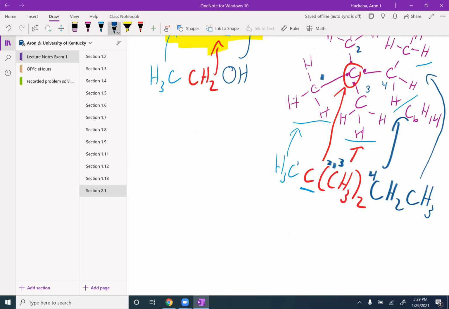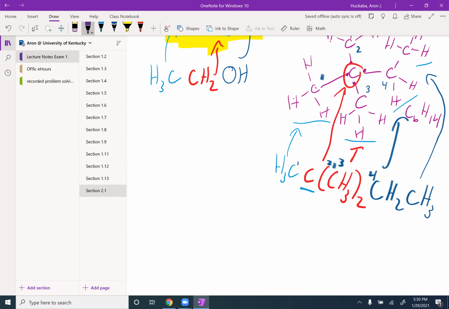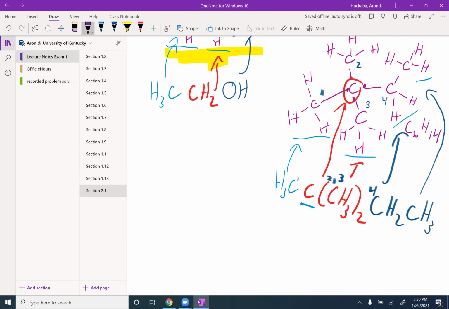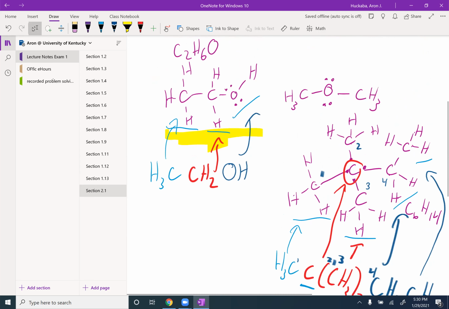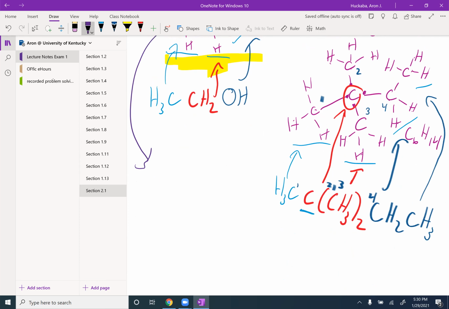Instead, what if we use what are called partially condensed structures, where you don't draw out all of the CH3s? That might make it a little easier, and it might be a little faster to draw. So what if instead we'll draw ethanol again. We'll come back down and we'll draw this one again. So now we would say,